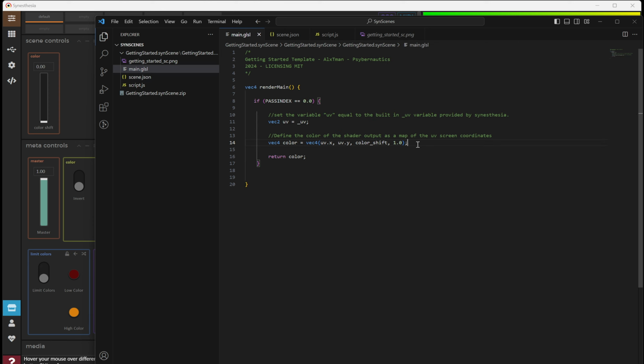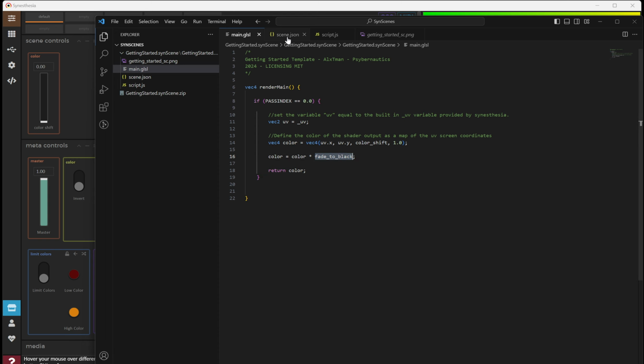What that's going to do here is we're going to come down, make a new line, and say color is equal to itself times fade to black. Here we are referencing our